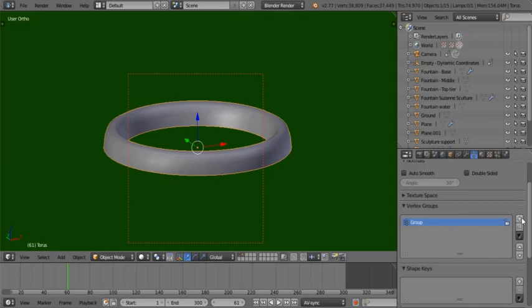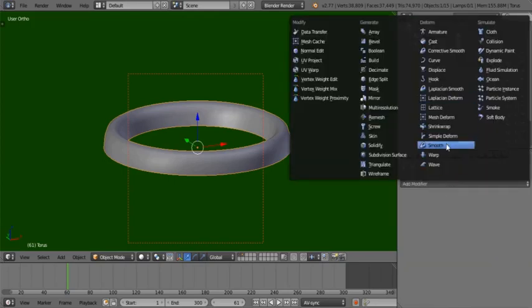So the other one works better if you have moving objects. This one works better if you have static objects, or if you have a lot of objects that require this sort of thing, like whether there's rain falling, or a big splash, or fountains like this, whatever the case might be. So let's just call this one vertex exclusion,